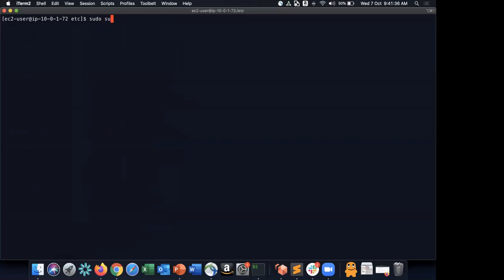Su means super user. You can read more about it later on, but super user is a user which is there in Linux. And when you say sudo, you're basically assuming access as super user. You're elevating yourself to the privilege of a super user or an administrator. So the moment you make yourself sudo user, you'll become root. The EC2 user will go away and you will become a root user. So now let's try